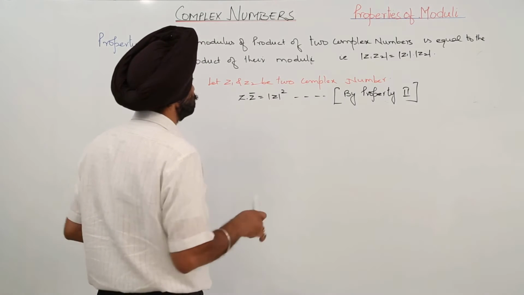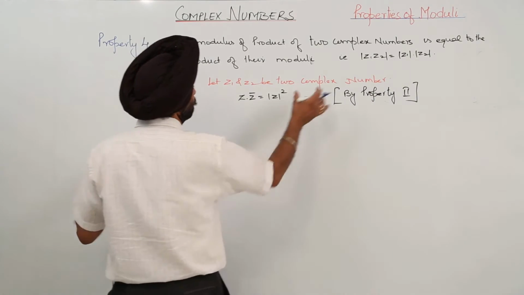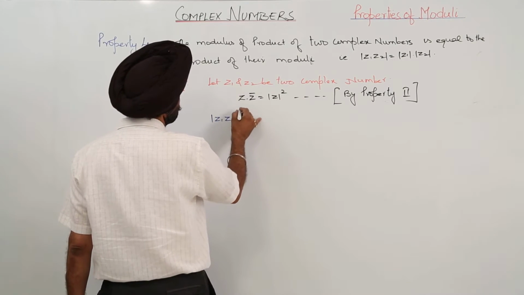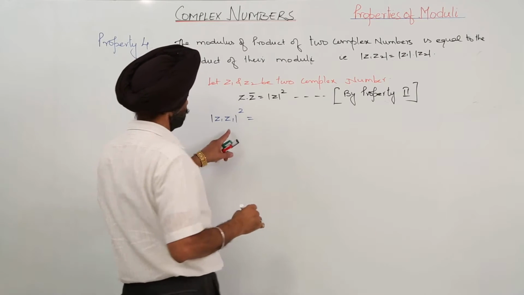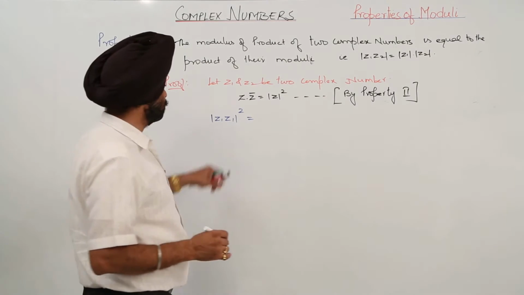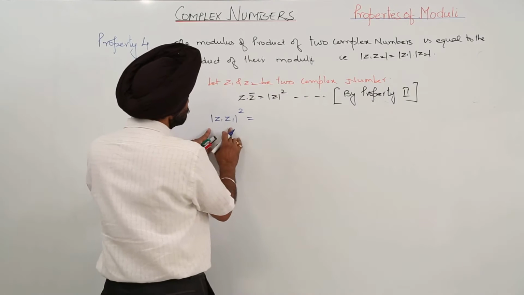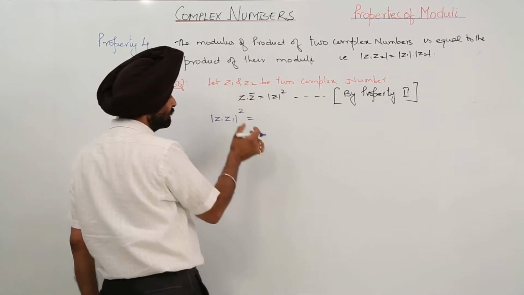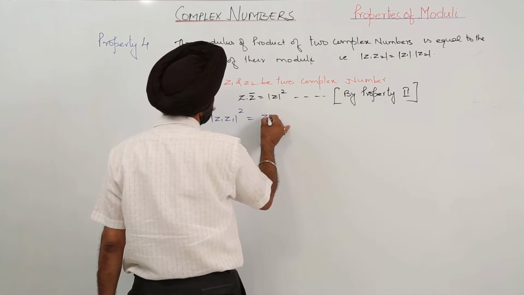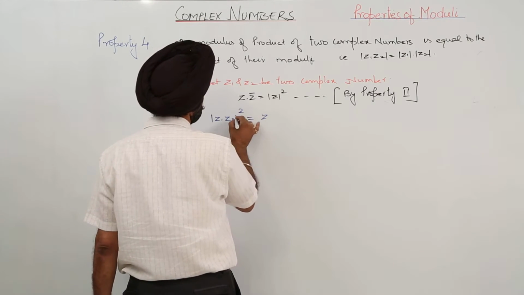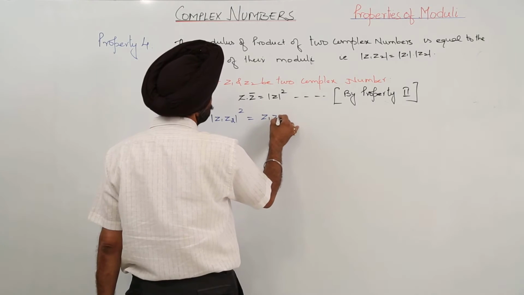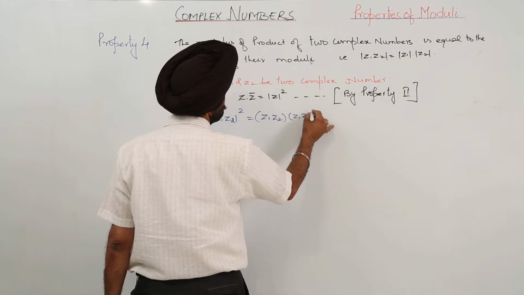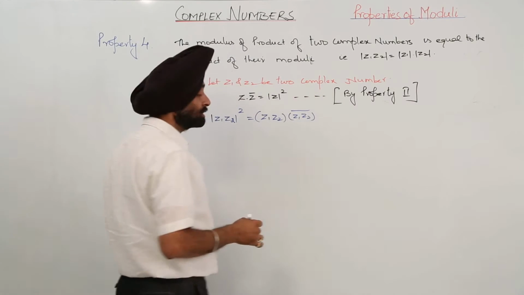Now we are having Z1 Z2, its square of the two complex numbers. Now just compare this part with that one. So from this one we are getting the left hand side. So what can we write? We can write it Z1 Z2 and Z1 Z2's conjugate. Is it clear?